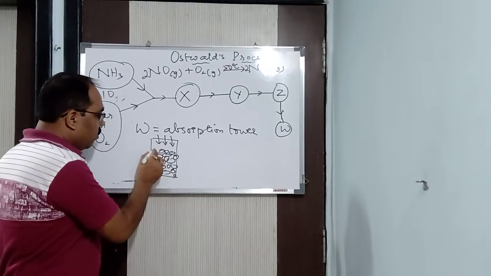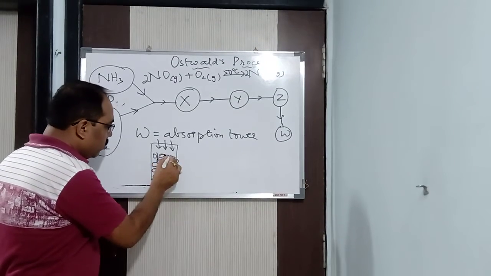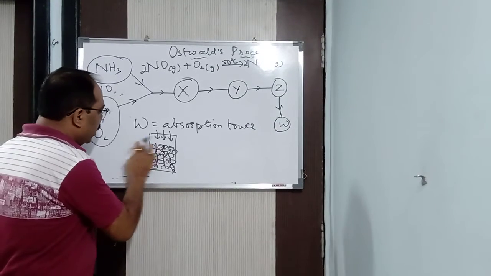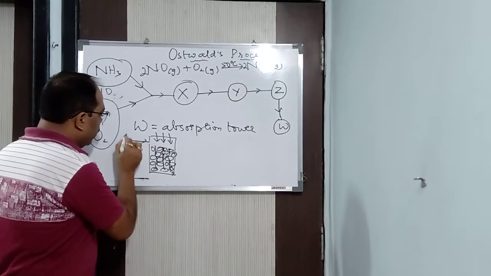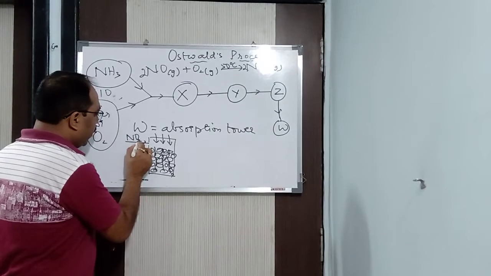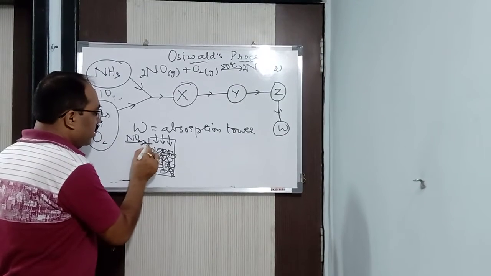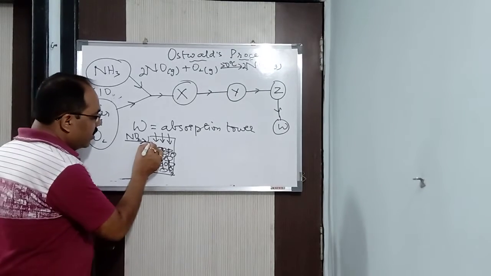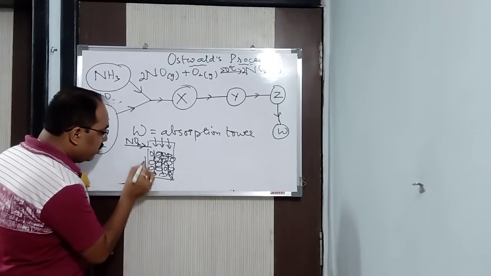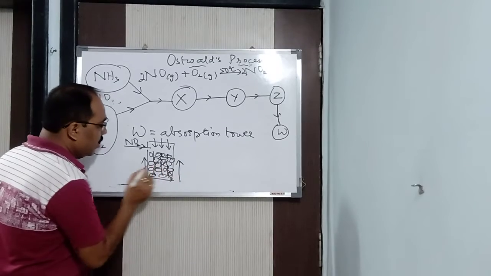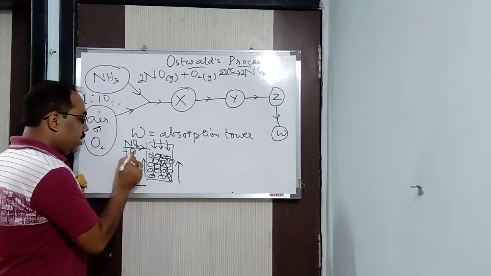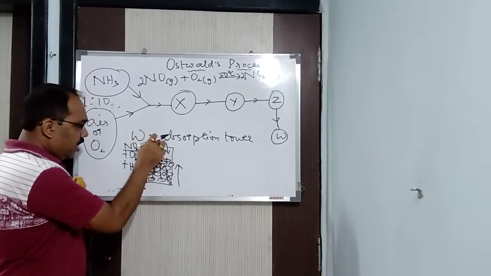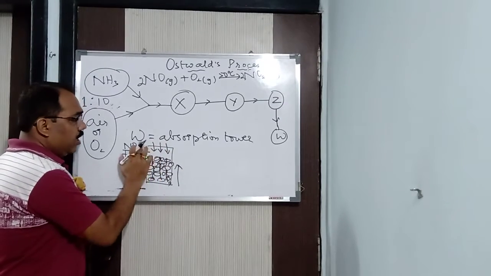So water is percolating in this way through the absorption tower. From here, nitrogen dioxide gas comes and penetrates into the tower. Got it? So the nitrogen dioxide gas first goes below, and then it rises. Not only nitrogen dioxide, along with oxygen, and water which is being sprayed from above. Are you following?